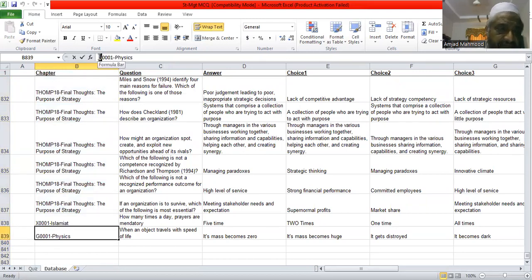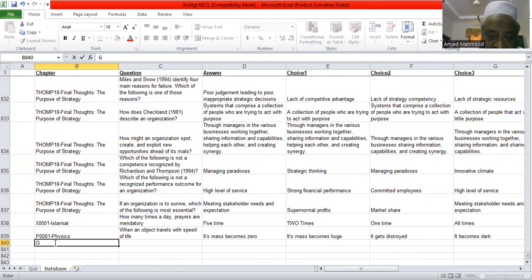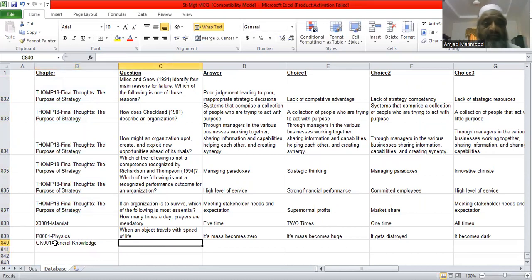I think physics is for P, for example, P for physics, and you want to add something like general knowledge, GK 001, for example, and here you write general knowledge. This is a chapter you have opened, and you start typing your questions here. Right? So